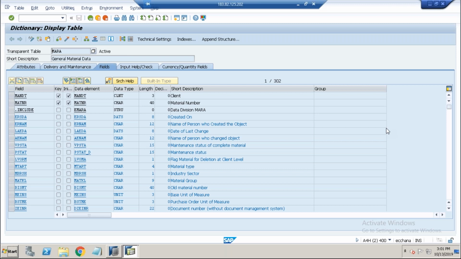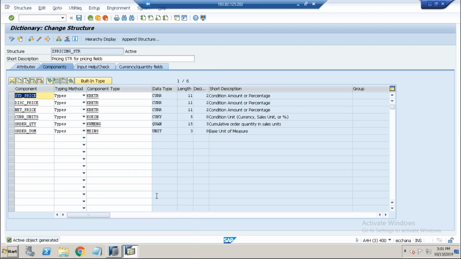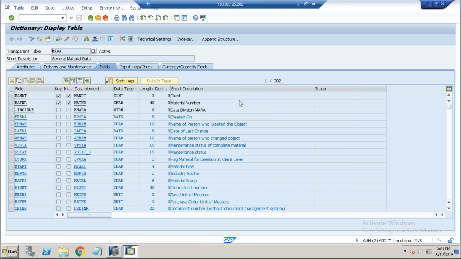MM01, 02, 03, VA01, 02, 03, FB01, 02, 03 are the transactions given for you to maintain the data. You should not go to table level and maintain the data. I think everybody knows this point. I'm just stressing again: always we maintain the data at the transaction level, not at the table level. So I will say display. When I'm creating a new table, I will say